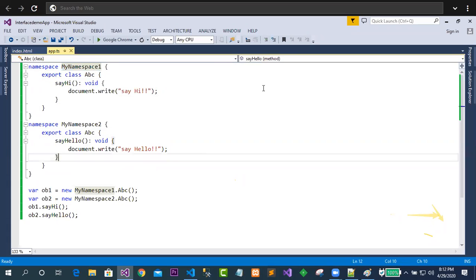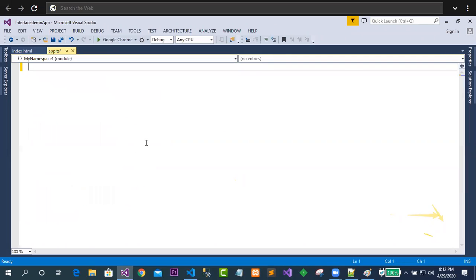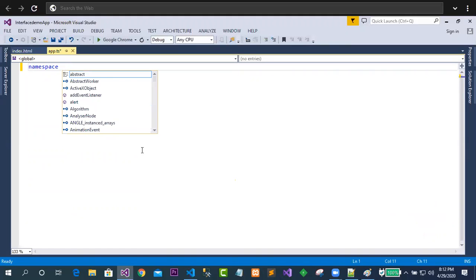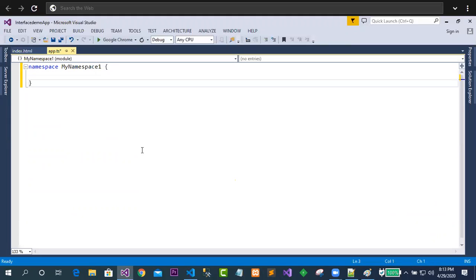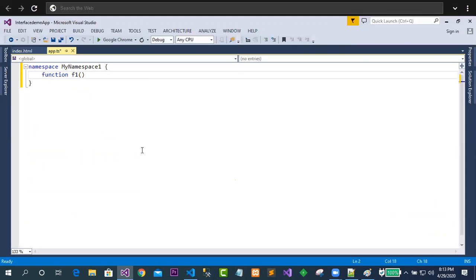Here may be a question. So let me delete all this code, I don't require it. Let me write a function now. This is the namespace I have taken, my namespace 1, and directly inside that I define f1.